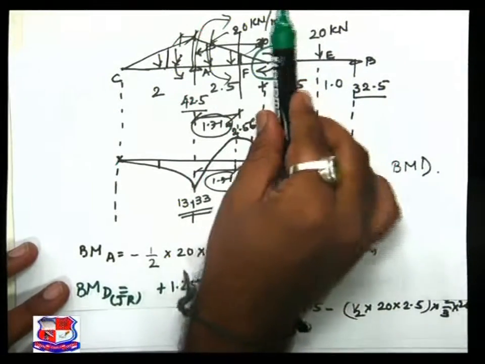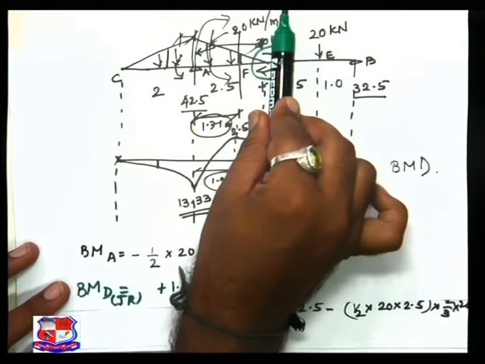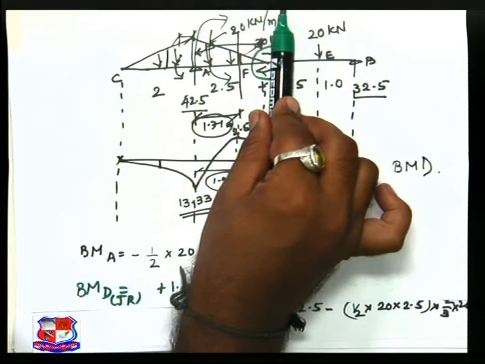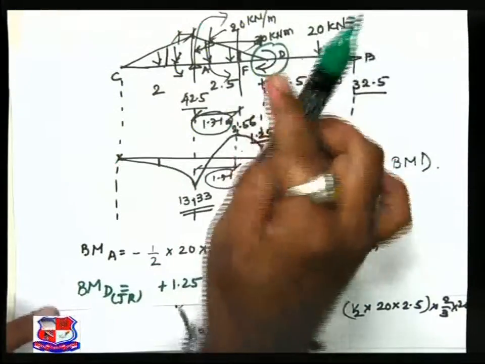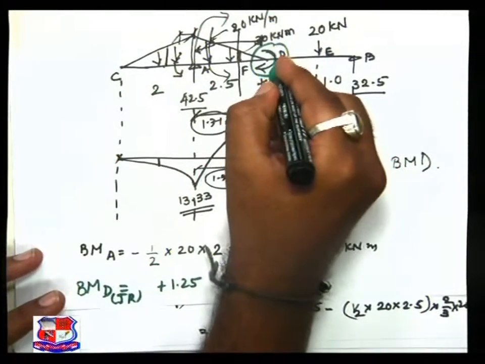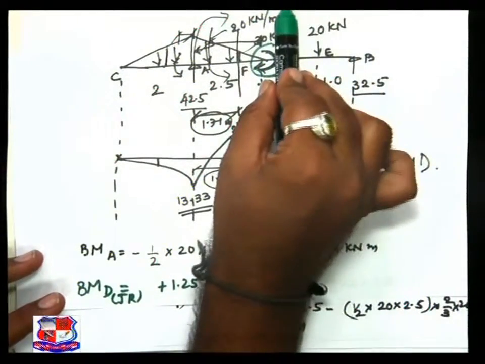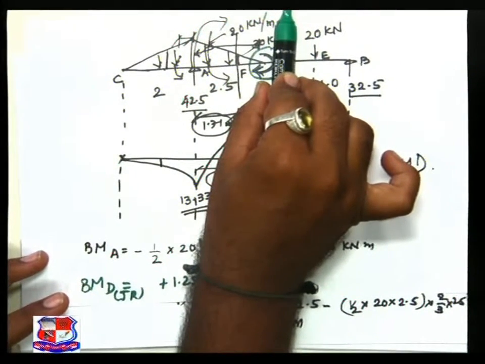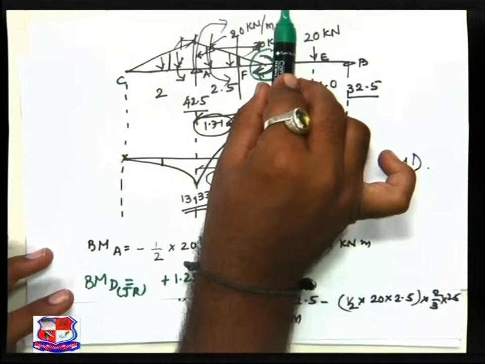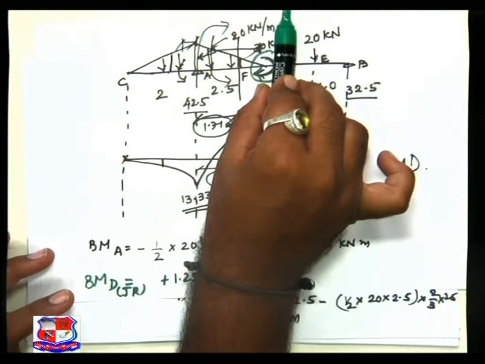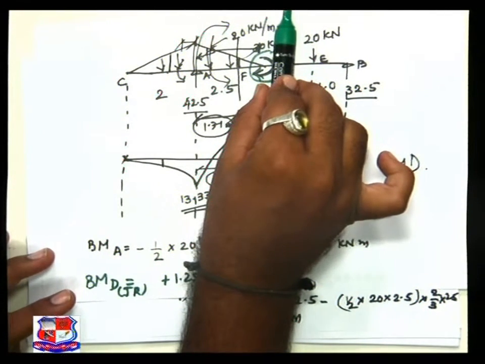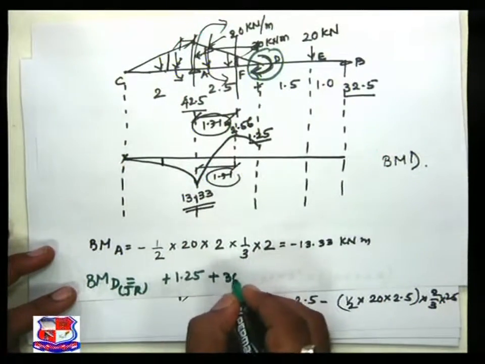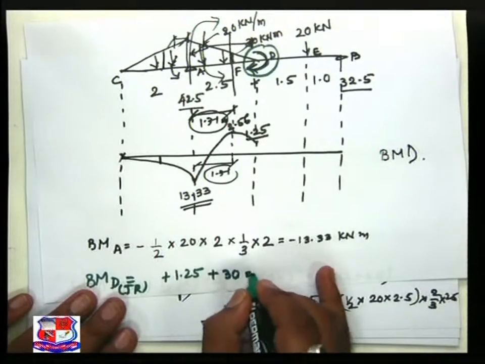Now when I take just right, 1.25 which is of positive sign, means of sagging nature, this value also has a clockwise moment, section left clockwise, which is also of additive nature, means I have to add plus 30 and I got it